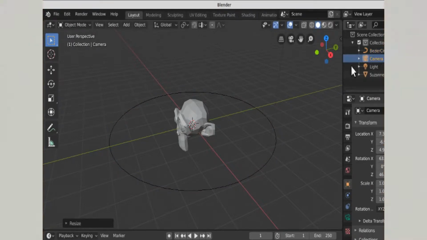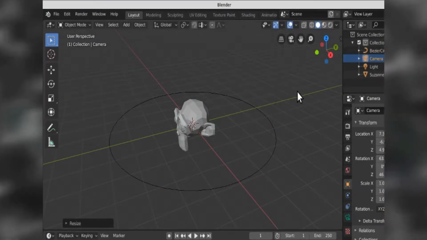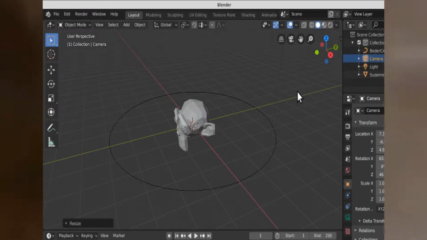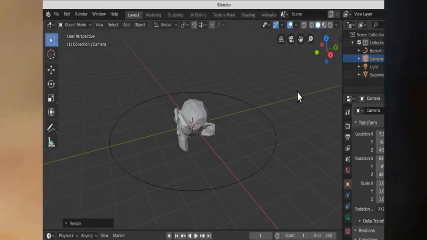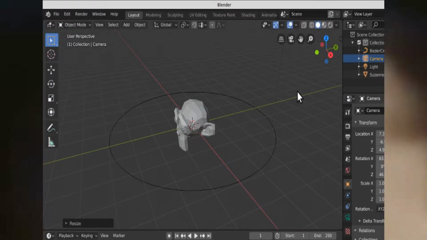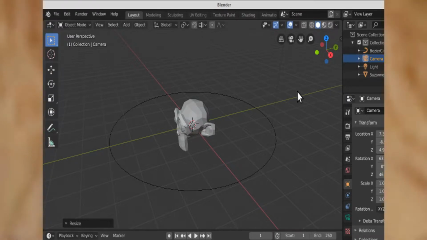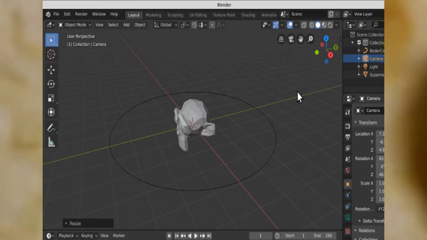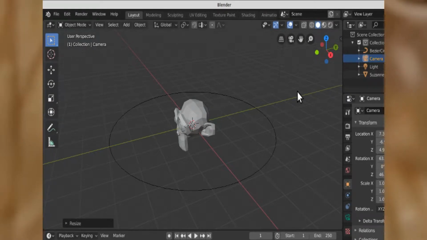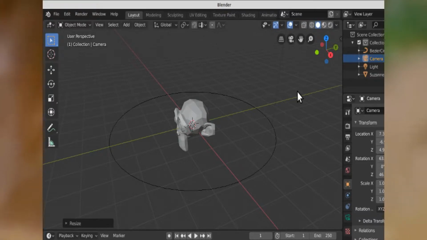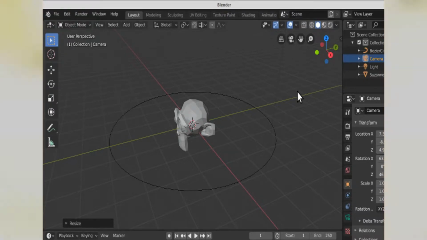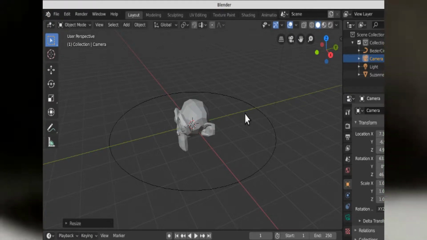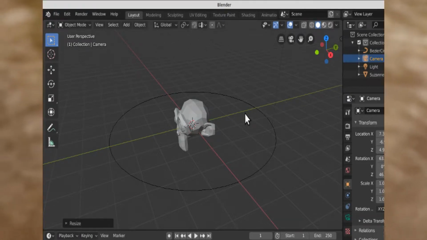Here's our camera. I don't need to see it. This is important. Very important. You have to have that cursor right in the center, like you see right there. If I have the cursor anywhere else, it would throw off having that camera on a path. At least for me. So I like to keep everything in that center place. So the cursor in the center. Now I have my camera